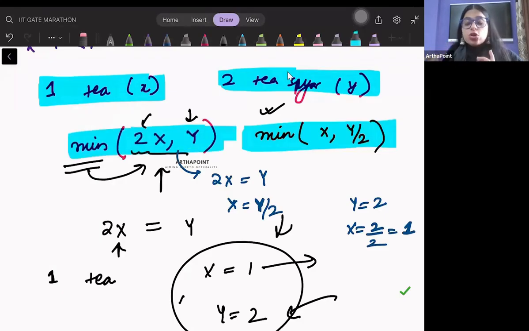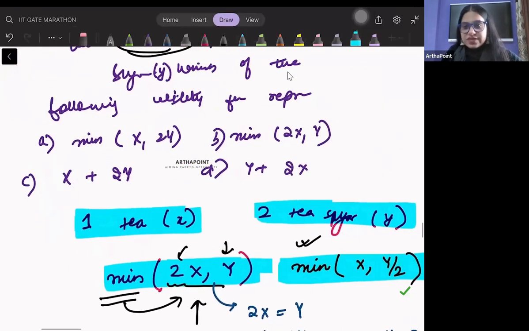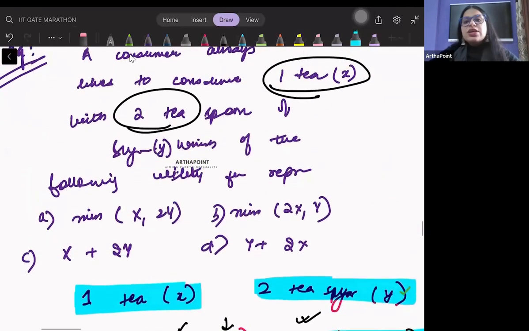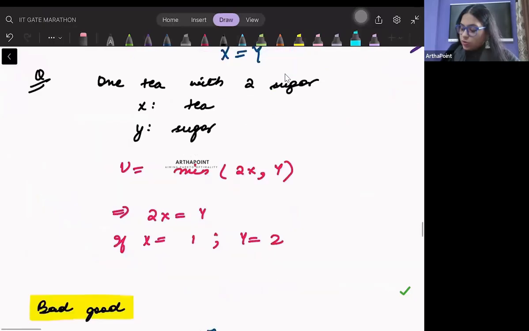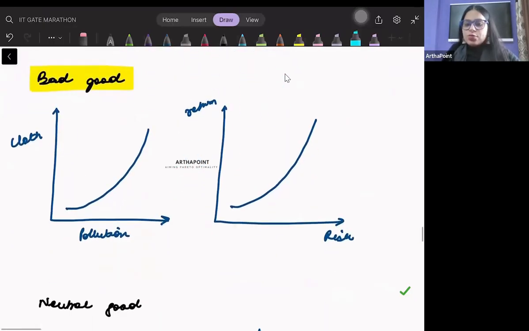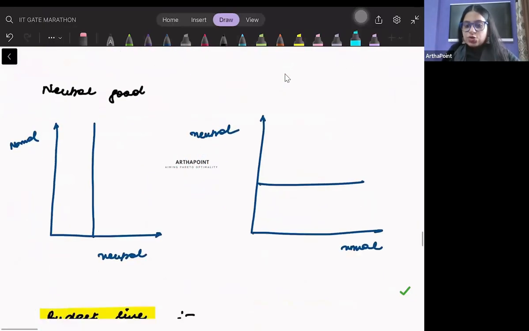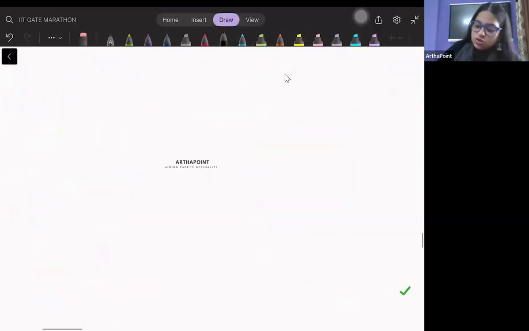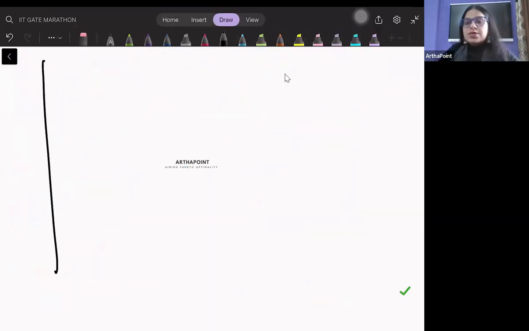This is a short kind of question in exam. They will give you different utility function with the statement and they will ask you कि इनमें से कौन सी statement के साथ utility function एकदम ठीक बैठता है, and you have to find the correct utility function. Okay. Now, then you must be aware of the bad goods and neutral good. अच्छा, इसमें again there is a question, numerical question which can be asked. So if you have